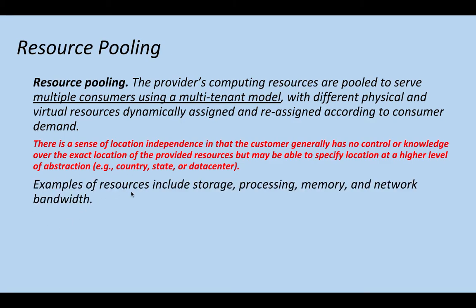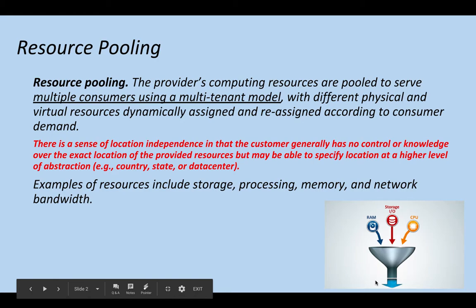So example of resources, what we are talking about is storage, processing, memory or network. So what does resource pooling actually mean? In simple sense, let's say if you are looking for a cloud vendor, AWS, Azure or Google, they should be having a resource pooling or the integration of all these things in such a way that they can have an unlimited number of resources within this pool so that any customer with a different need or with a huge demand,